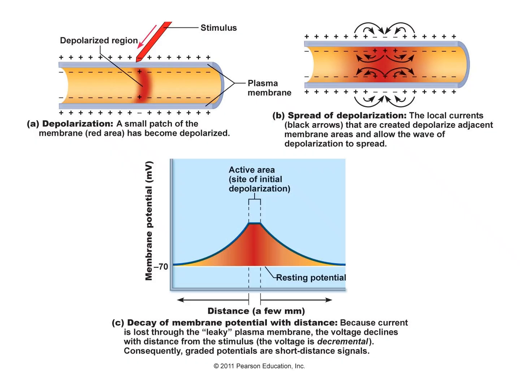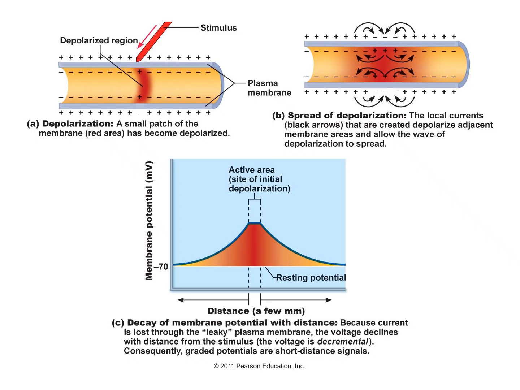As mentioned previously, graded potentials are short-lived localized changes in membrane potential that can be either depolarizations or hyperpolarizations. These changes cause current flows that decrease in magnitude with distance from the stimulus. Graded potentials are called graded because their magnitude varies directly with the strength of the stimulus. The stronger the stimulus, the more the voltage changes and the farther the current flows. Fluids inside and outside the cells are good conductors, and current, carried by ions, flows through these fluids whenever voltage